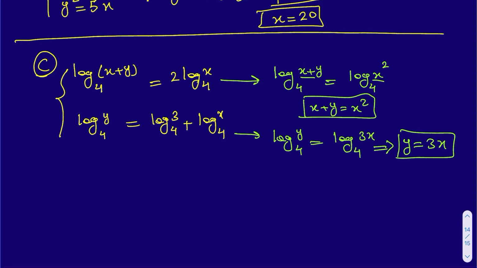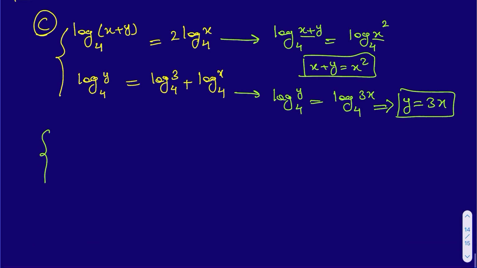So therefore let me rewrite it here in an organized way to avoid any confusion. So it will be x plus y is equal to x to the power of 2. This is one equation, and another one is y is equal to 3x. Now I can simply solve this easy simultaneous equation, and here I can just substitute the value of y by